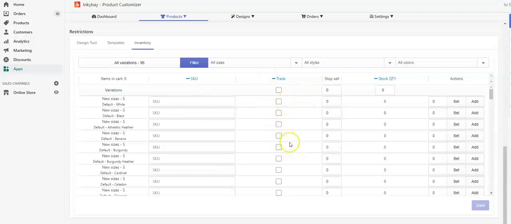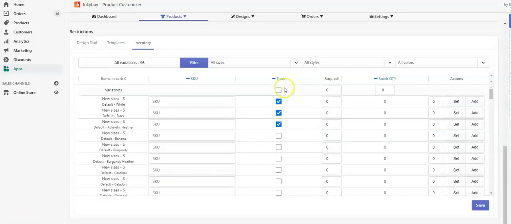In this track option, you can choose to track your variants. If you set it, then it will show the available quantity of the variant on the product page. You can set it one by one by clicking on the variant field, or else you can set it for all.